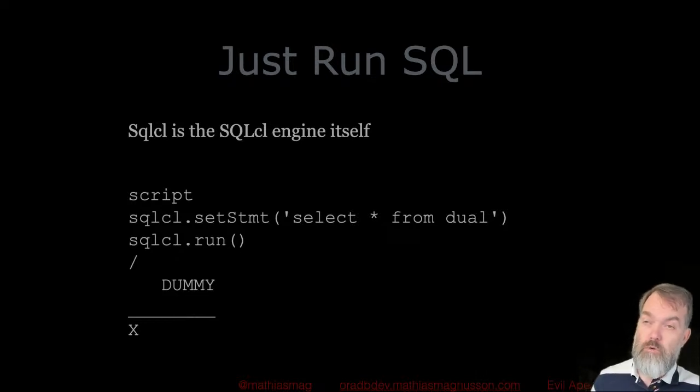Running with SQLcl this way means that it gets executed in that environment, and it ends up as normal output for you, and you get the normal SQLcl formatting and all of those features. That's sometimes very nice to be able to build up some SQL and do it that way. And